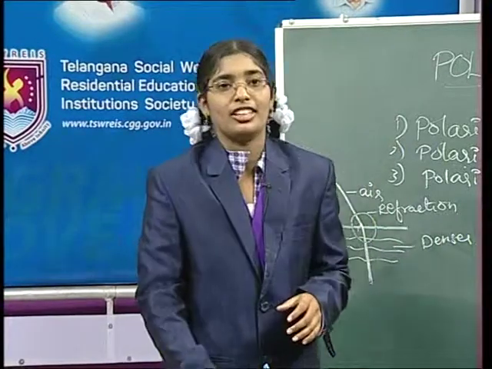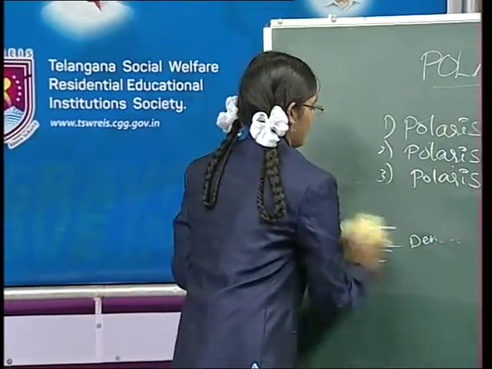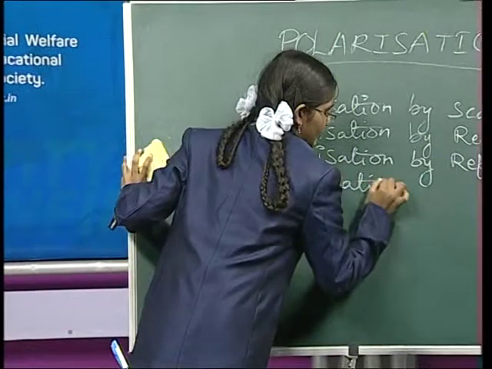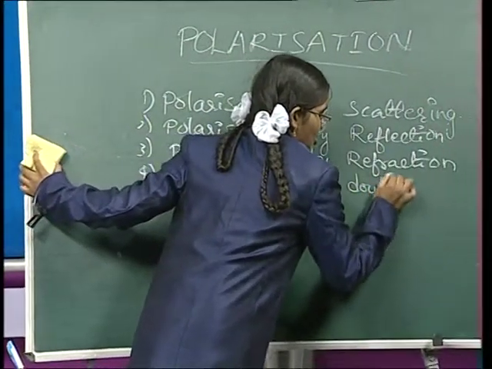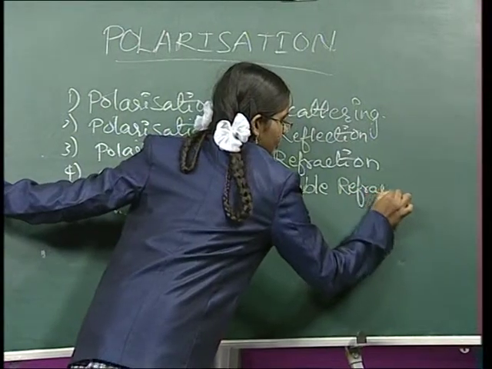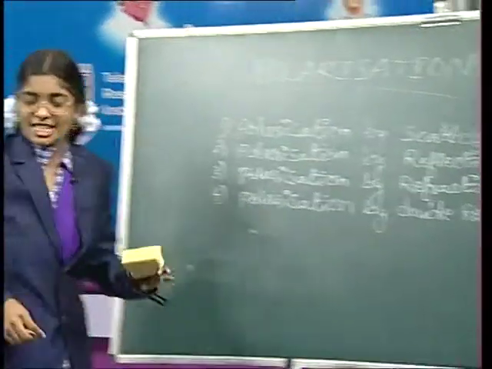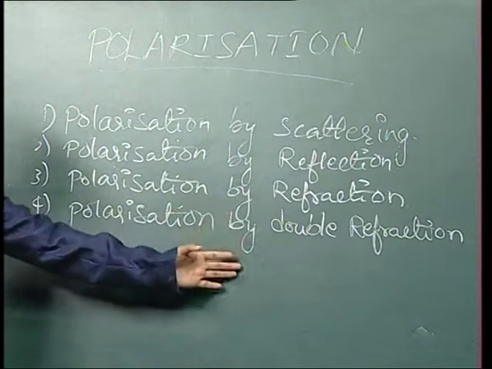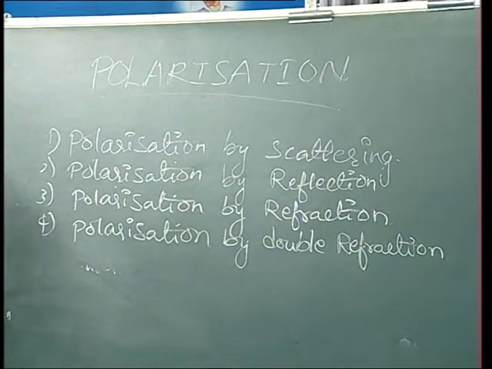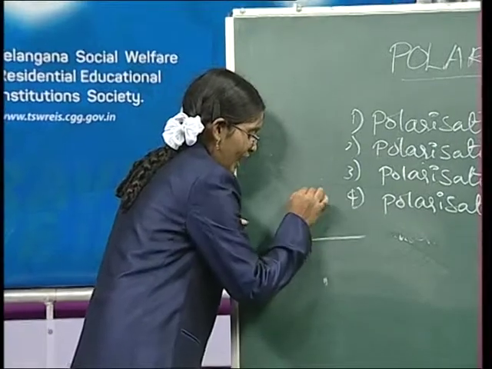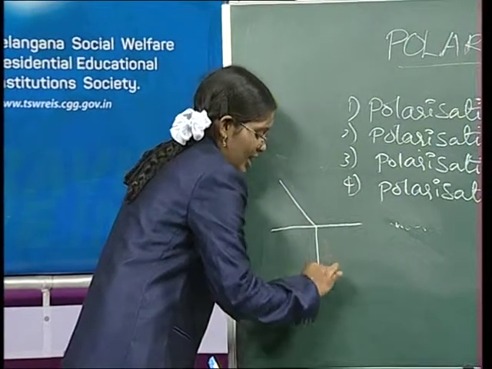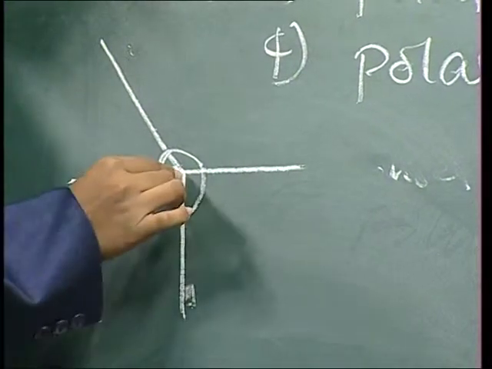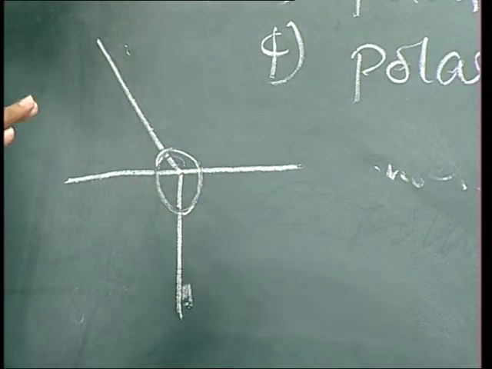There is another phenomenon called polarization by double refraction. We have learnt about the phenomenon of refraction just now. Then what is double refraction? What I have said now is, if a light ray bends, then this phenomenon is called refraction. Double refraction means here the bending should be double. Yes or no?